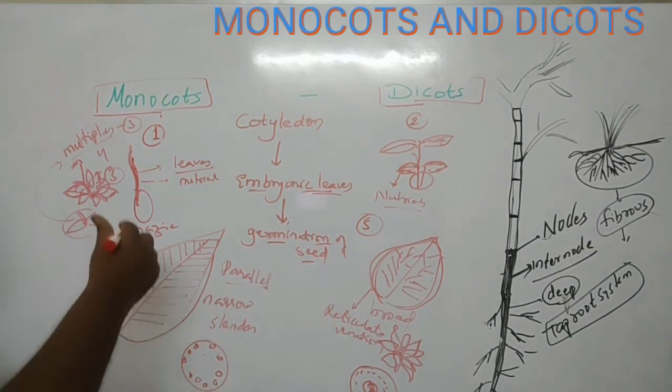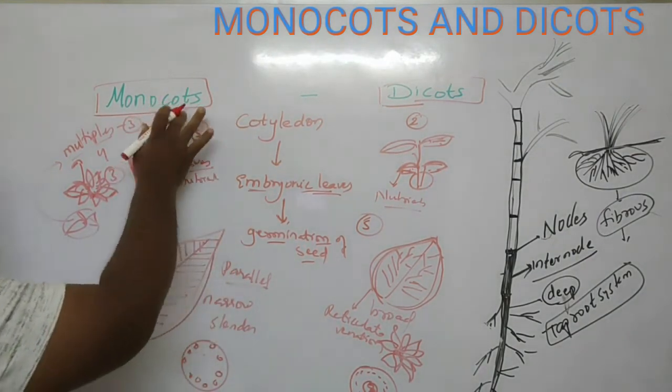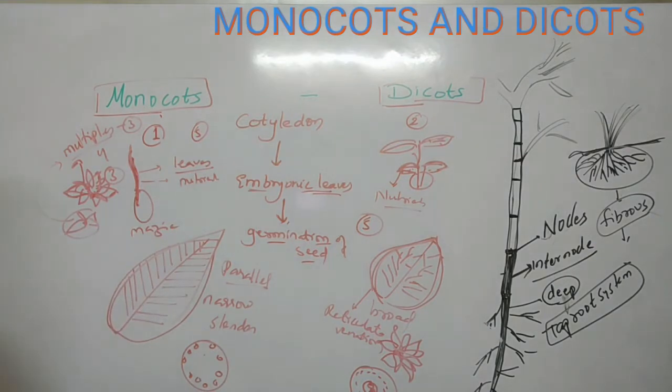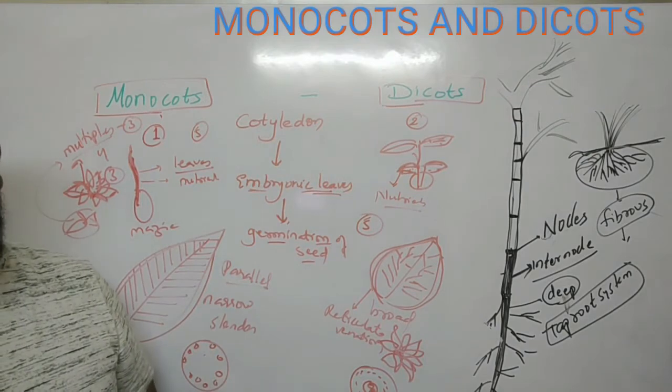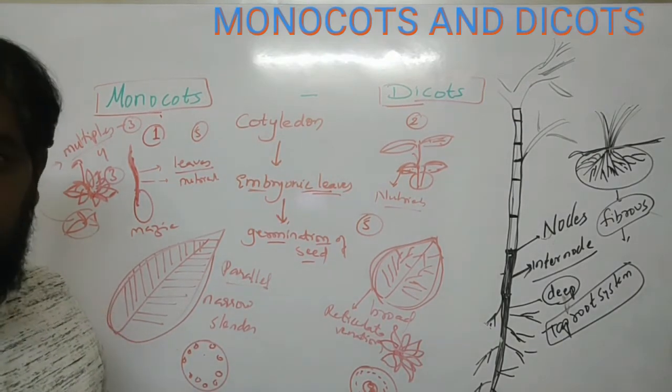So these are the 5 differences which you can see in the monocots and the dicots. So hope, children, you understood the monocots and dicots. Okay, children, right? So shall we go to the